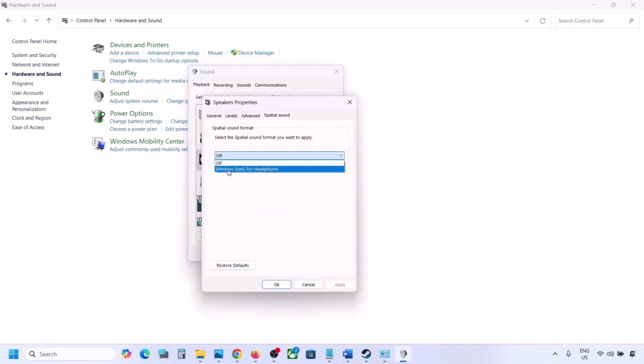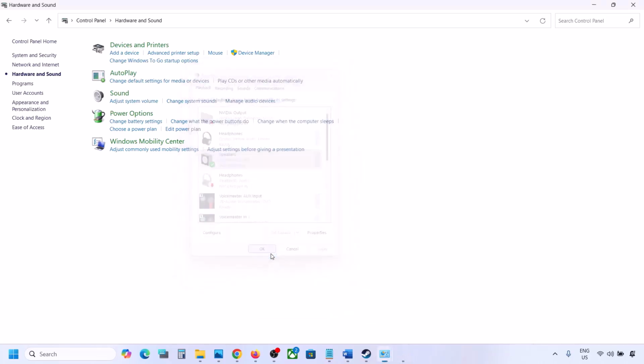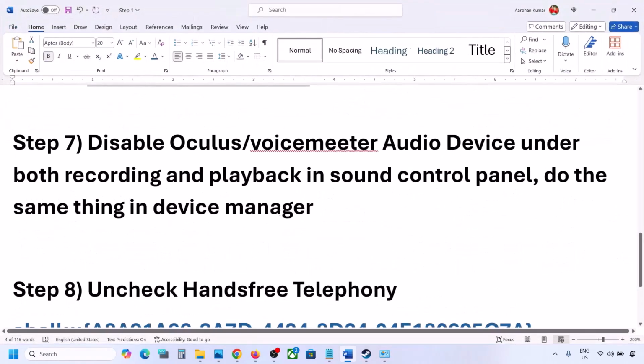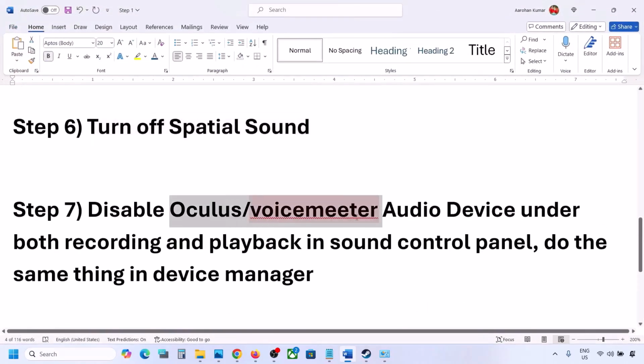If this is set to Windows Sonic, you can turn it off and then click on OK, or you can do vice versa. If it is already set to off, then you can try Windows Sonic and then check. Now the next step is, if you have applications like Oculus or Voicemeeter or any other audio